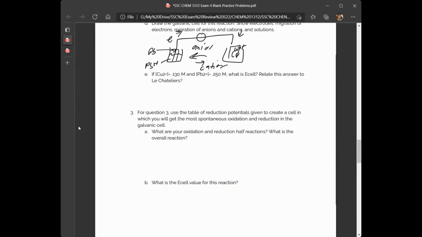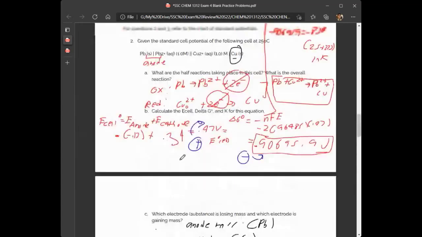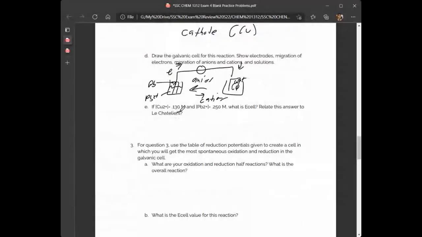If those concentrations are present, what is E cell? Relate this answer to Le Chatelier's. Okay, so we have this one. It's not 1 molar each, so we're going to use that equation. Assuming this is at the same temperature, at 25 degrees Celsius, you can assume that